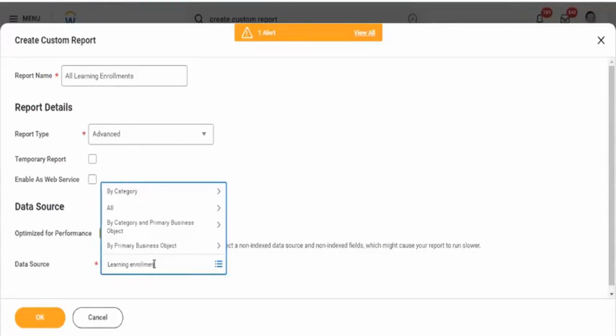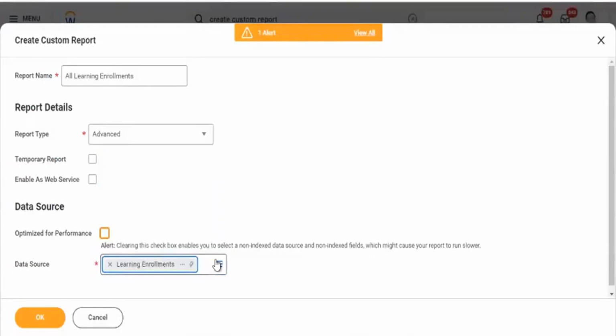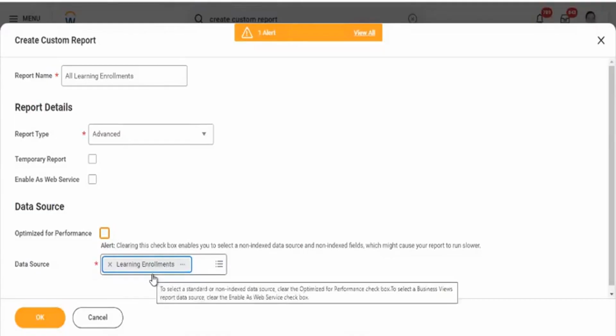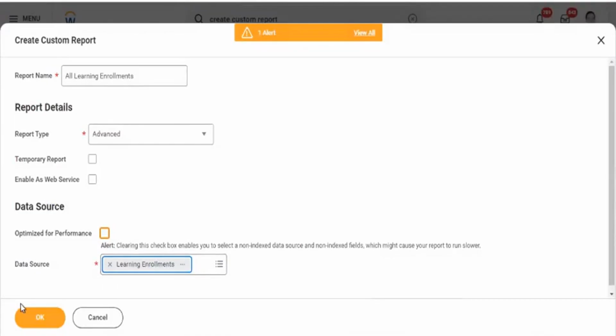Generally the data source, the report type, all these things come with Workday. You don't need to create anything, and you don't need to choose anything. Whatever data sources are related to learning, you can select that particular data source and get the enrollment activities tracked in a report format.